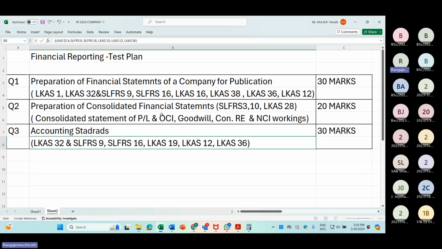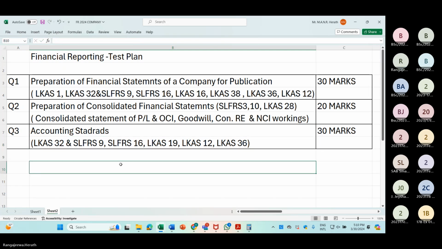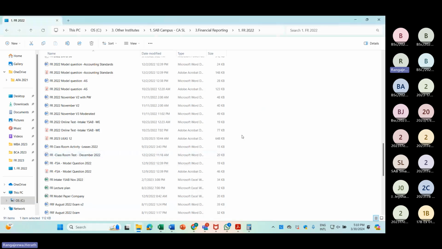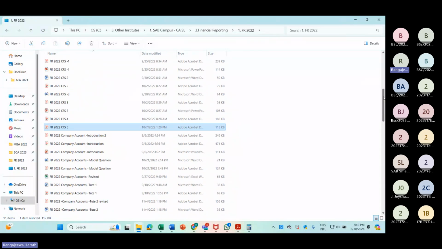Okay, right. So we'll continue. So here now LKS 32 and SLFRS 9 financial instrument. So we have already taken some of the aspects of financial instrument in our